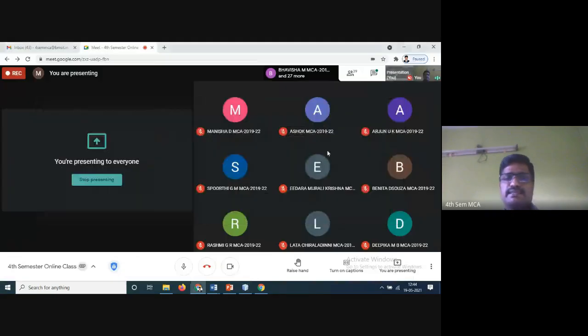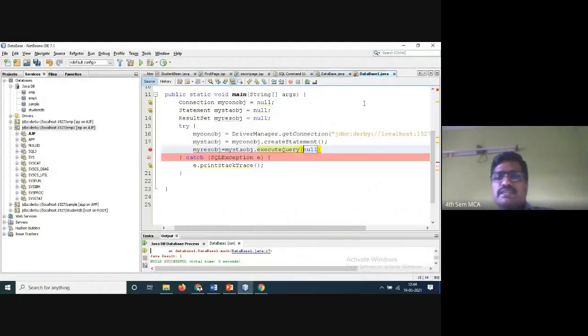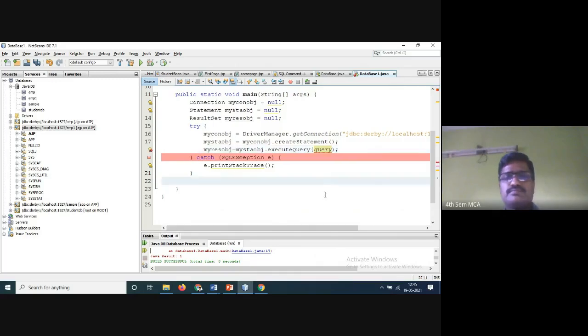One second. Any other thing is there? Yesterday when I typed that one, execute query of query. Let us type query here and we'll see. Execute query you have to take.